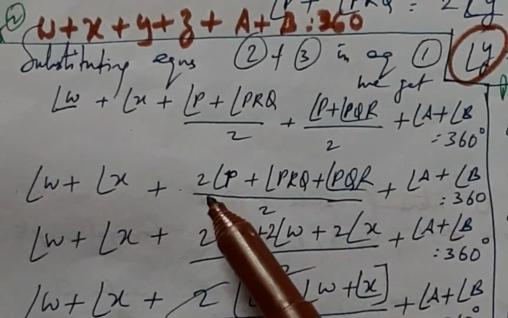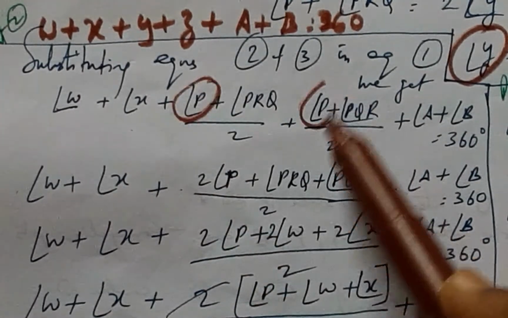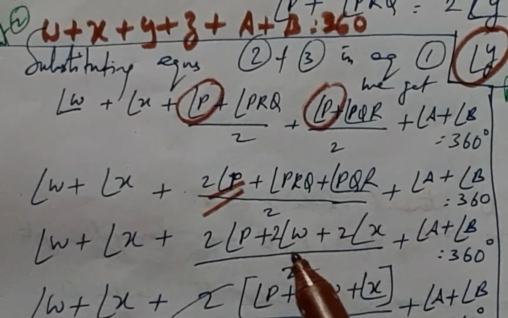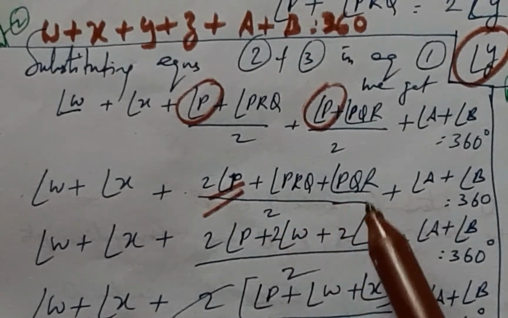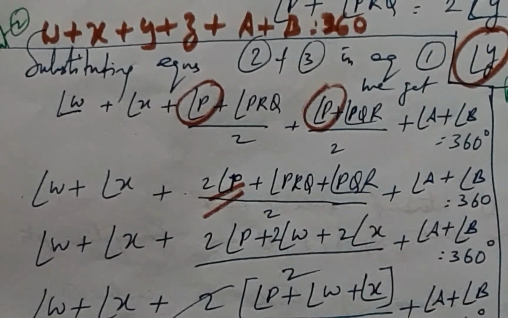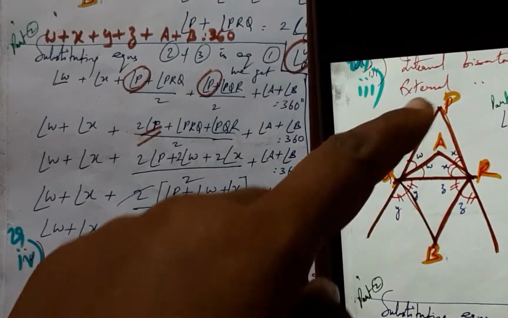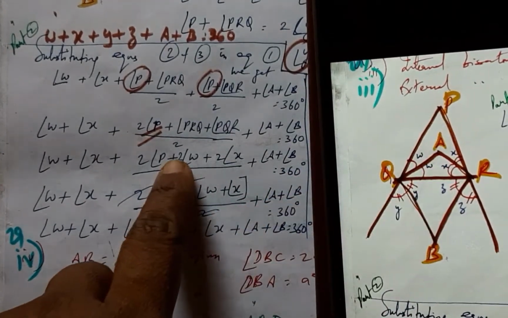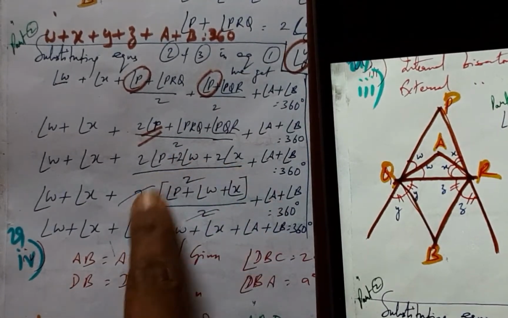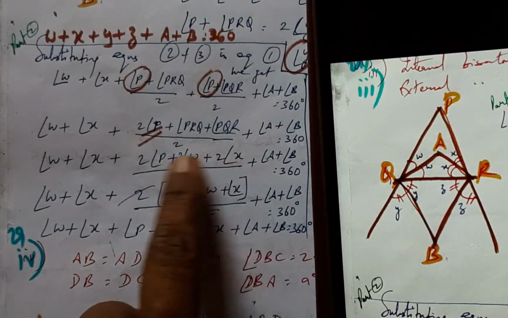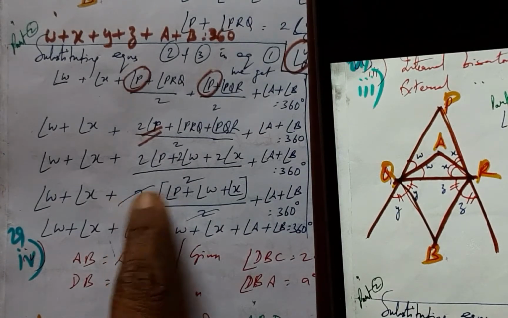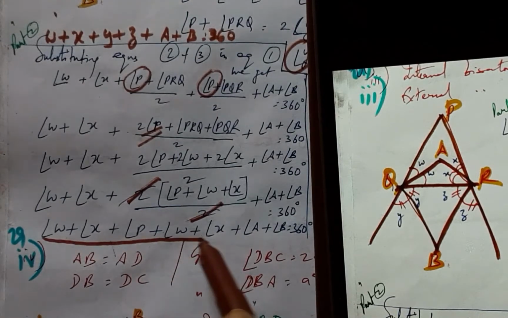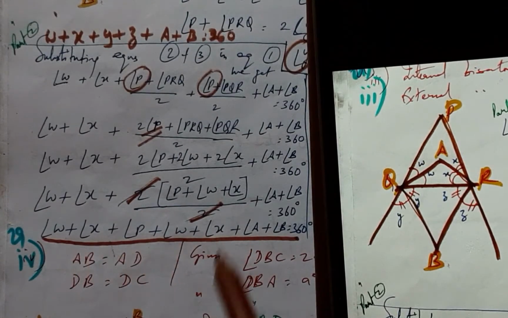And once that is done, you can see that there are two P's here, and therefore I have separated that. PRQ is nothing but 2X and PQR is nothing but 2W. As can be seen from the diagram, you know that PQR is 2W and PRQ is 2X, and that has been replaced here, and therefore all the 2's have been taken common and they get nullified herein. And from all that clumsy material, we have this statement as follows.